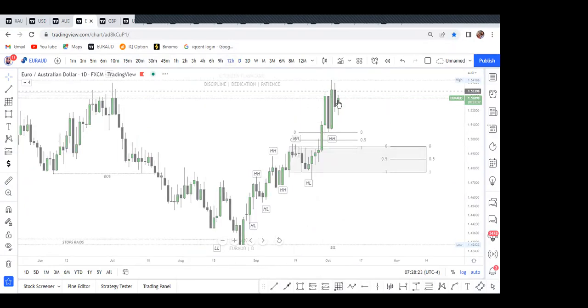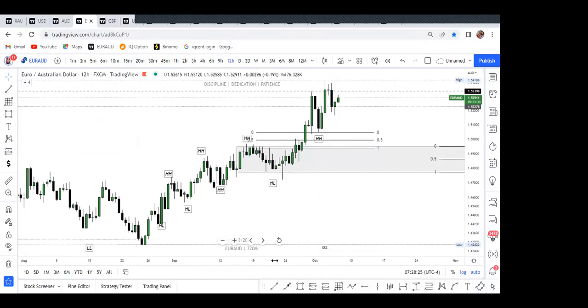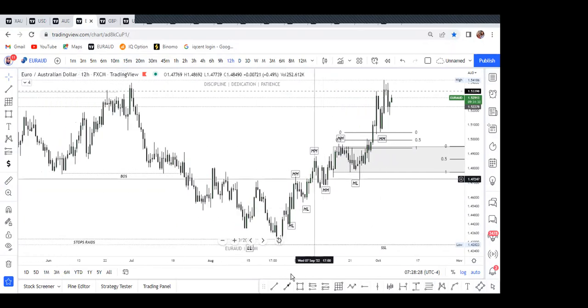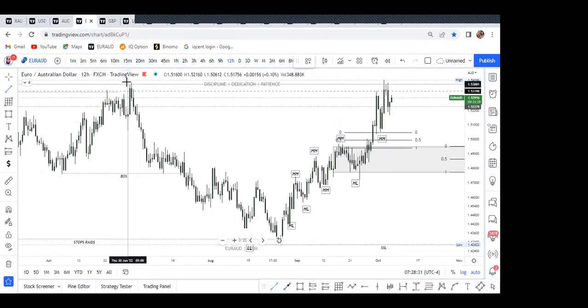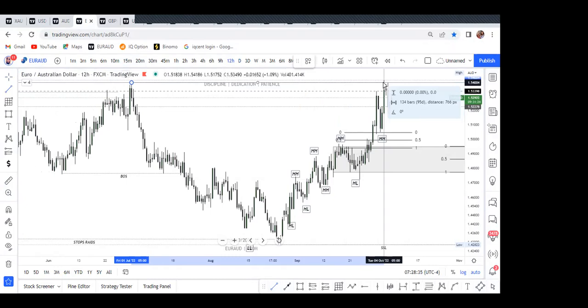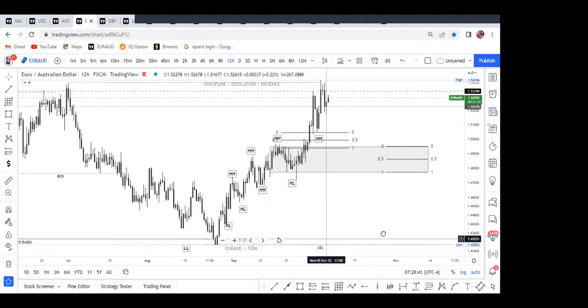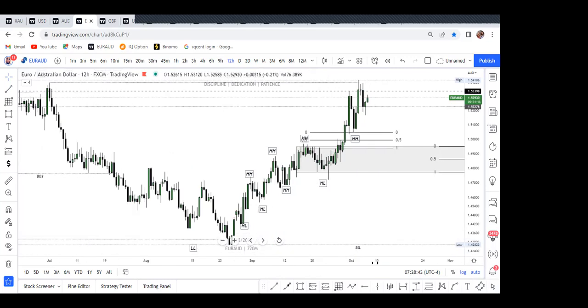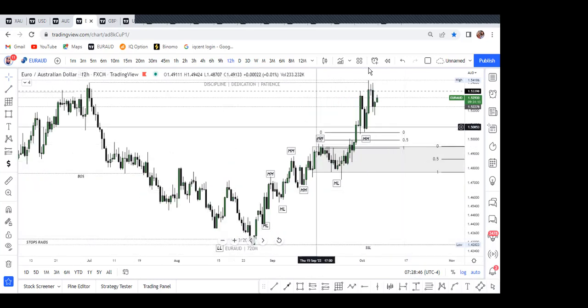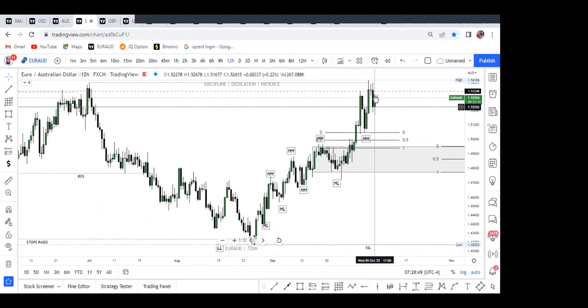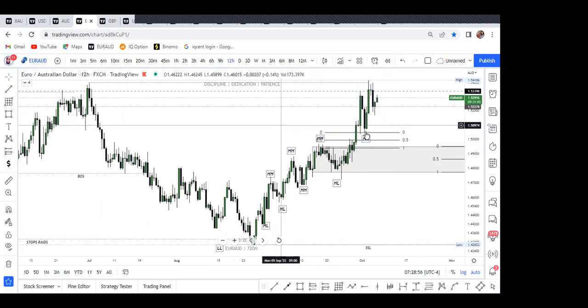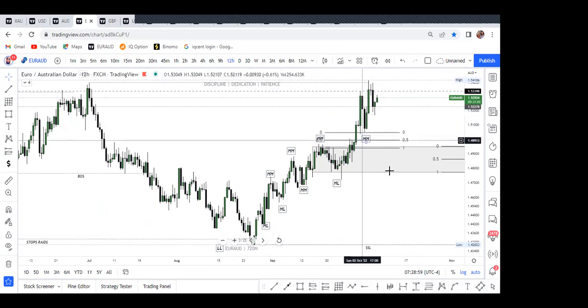Now looking at intraday liquidity. On the daily, we can see that the daily high has been taken out in this area. That was how we had the short-term sell. The market maker buy model was completed, right? Daily high was taken out. Now, when they take out buy side liquidity, they'll come for sell side liquidity. Where's sell side liquidity? This low or this low. I don't know if you're following. When they take out buy side, they plunge down towards sell side liquidity. That's why I had this marked out.